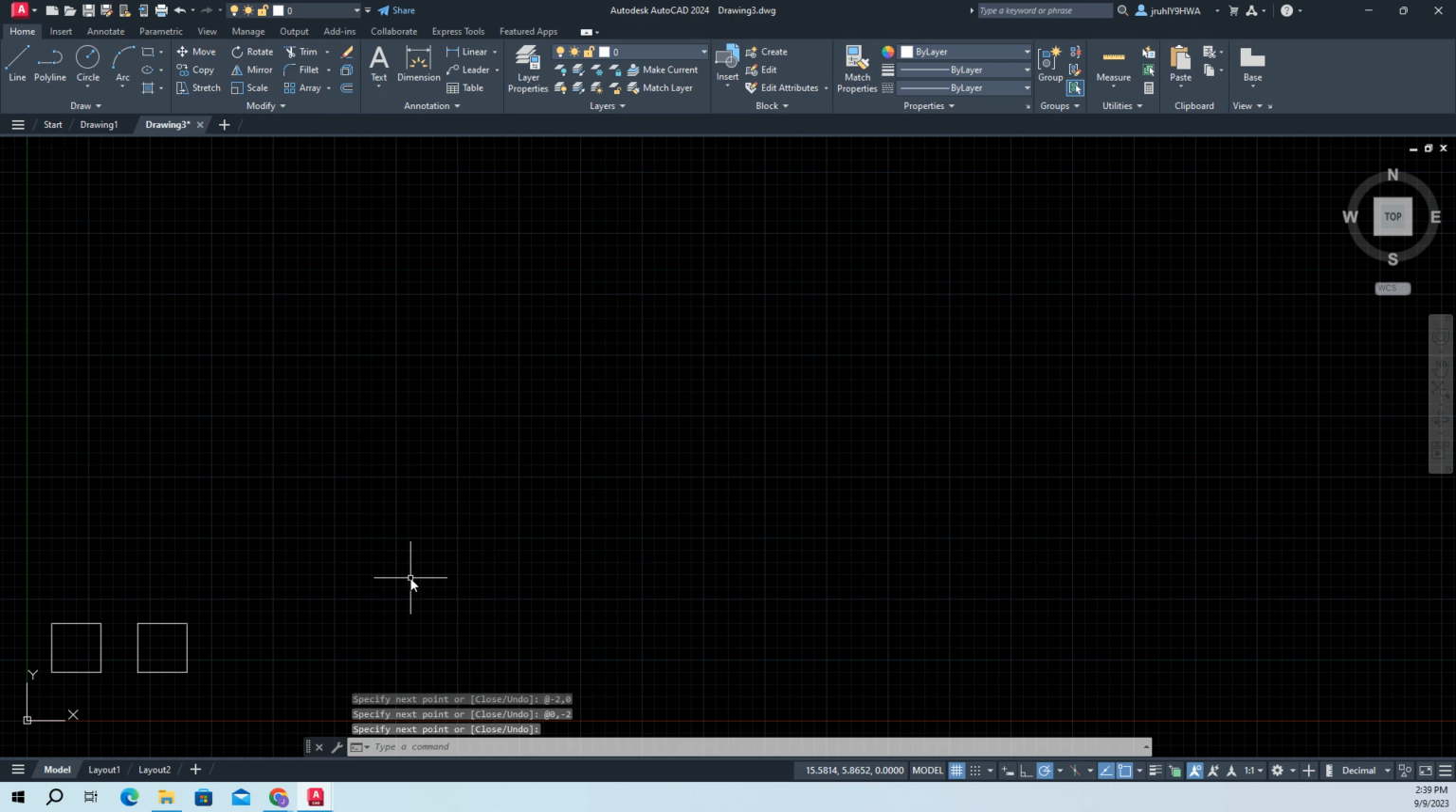Now I have two different squares, but they were made in two different ways, one with absolute coordinates and one with relative. Now we're doing polar. So once again, I hit line. Now these are like the angle ones. So my starting point, 8, comma 2. And then I have at,